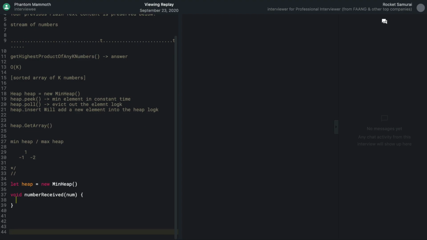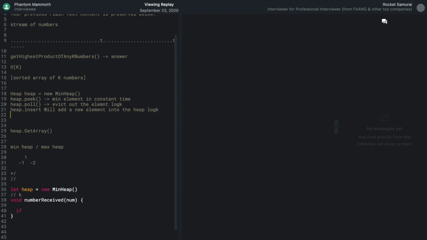Then let's say this is outside, so we already know what k is from outside of the callback. So what we'll do is say, if, is there a method on the heap for number of elements? Oh, you mean like the size of the heap? Yeah. Okay, cool. Heap dot size or number of elements is fine. Yeah, size. So if heap dot size is less than k, we'll just add a number. Otherwise,